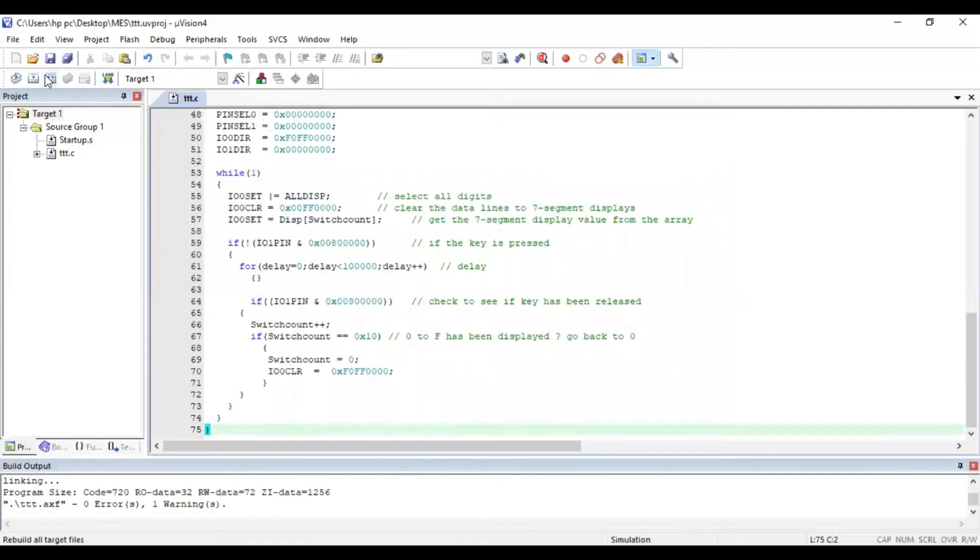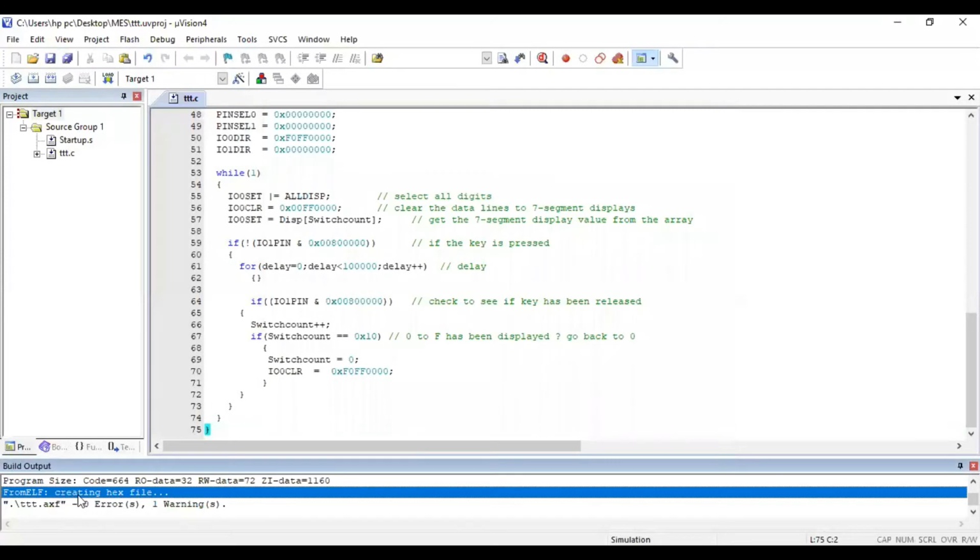So now again you save it and then build target. So once you click on this build target, you have to get a message here like creating hex file. So this message is compulsory. So if you get this message creating hex file, that is the meaning that your file is ready for execution. So now once your file is ready for execution, we have to see the settings for Flash Magic. So Flash Magic is a tool which is used for interfacing your program to the board. So now I will show you the Flash Magic. So how to use the Flash Magic.